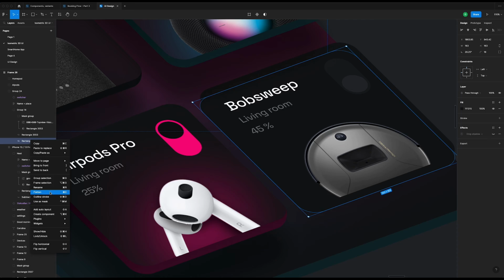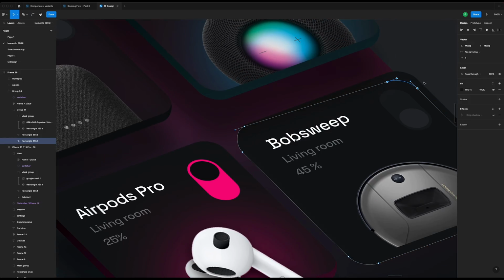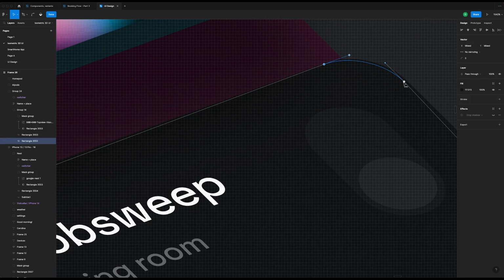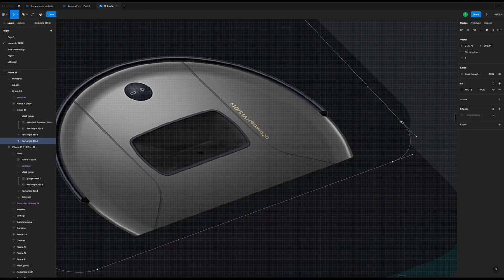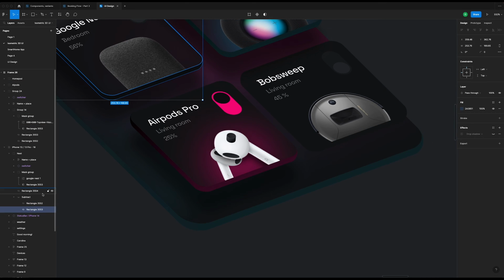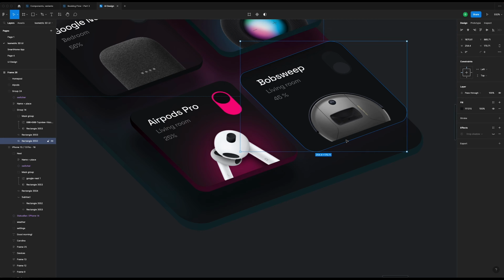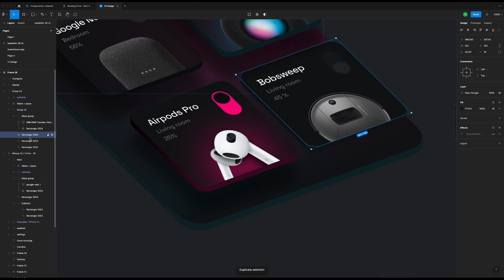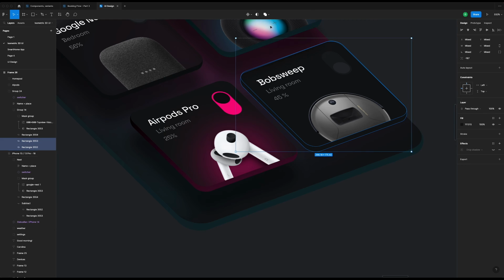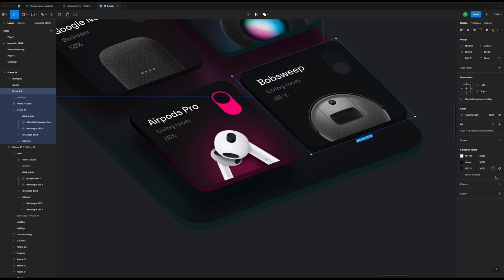I'm just repeating the process over and over again. And for this one, I believe we can use the same. So I'm just going to copy the properties from this one. But first of all, let's subtract it. And now we can paste the properties and add the drop shadow as well,